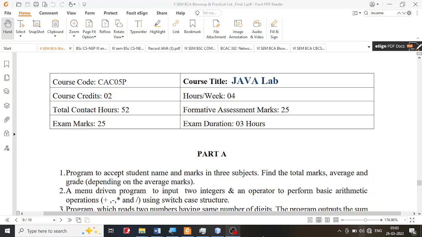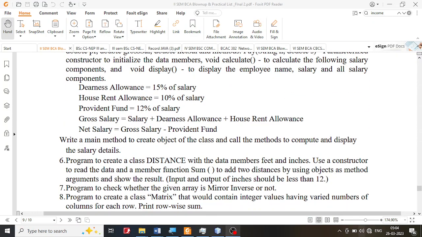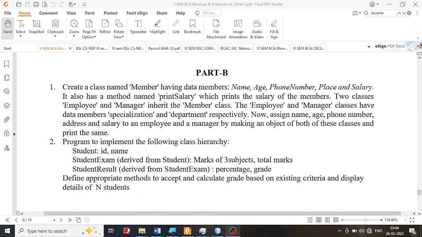In this session, I'm going to discuss problem 1 in part B of the Java lab. So let's go to question number 1 in part B and see what we are supposed to do here. In part B question number 1, we are supposed to create a class called member, and this